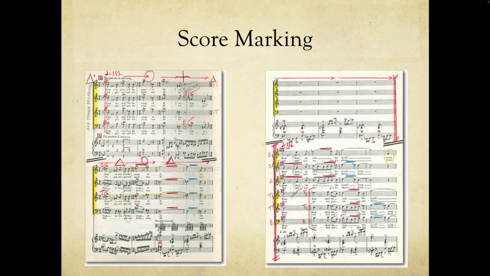Now, here when we get into score marking, and remember this is just day one, so we're going to talk more in depth about this throughout the semester. But this is Margaret Hillis's score study, and obviously this is a later work, really more of a modern score. But you see here that she utilizes, for example, a triangle for something that's in 3, a circle for something that's in 1, and this really gives her an idea of what to tell the choir to do. So there are 2 different ways of thinking of it. Just right off the bat, she can look and see that.